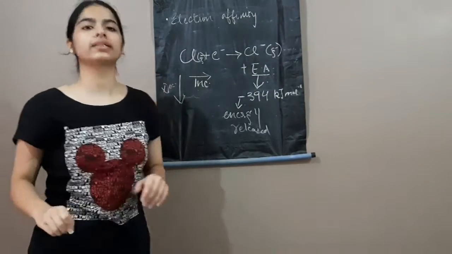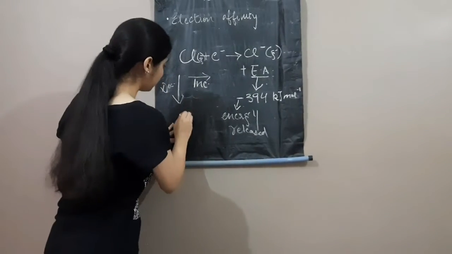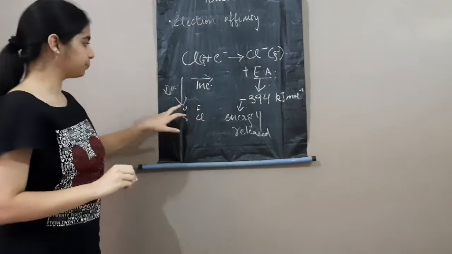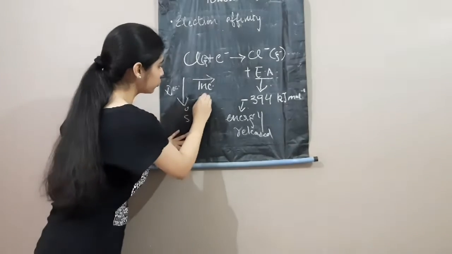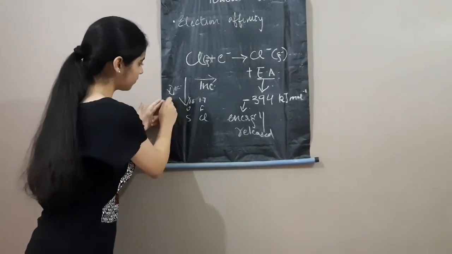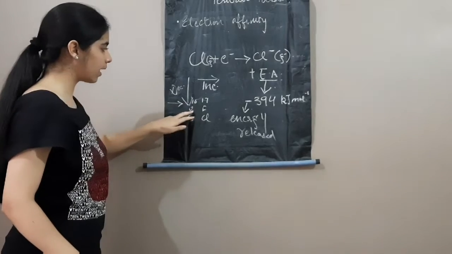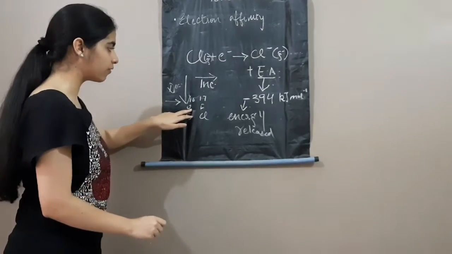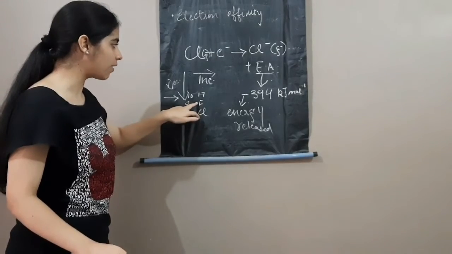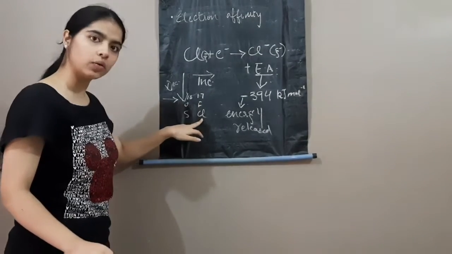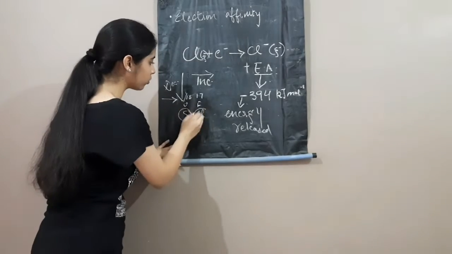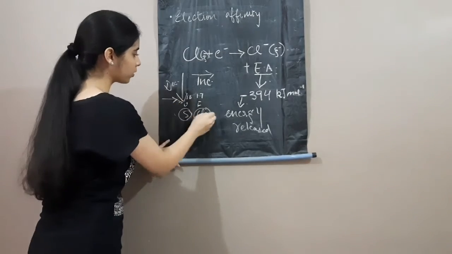Now there are two exceptions: sulfur, oxygen, fluorine, chlorine. Now you will say this belongs to group 17, this is from group 16. So now you will say that if I am going across the period, the oxygen is having more electron affinity than sulfur, or fluorine is having more electron affinity than chlorine. No, it is not the case. Why? Sulfur possesses more electron affinity and chlorine with respect to oxygen and fluorine.